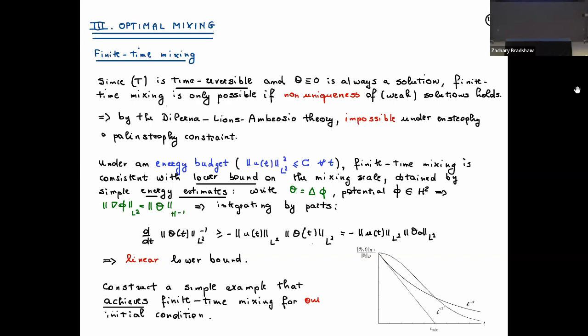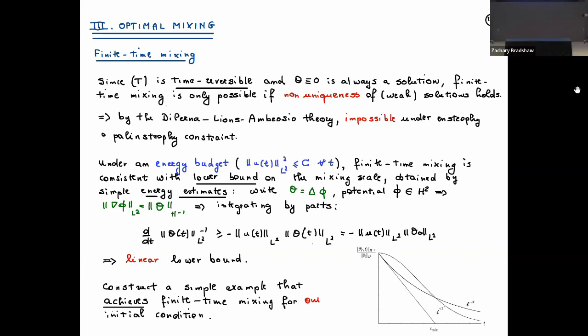Theta is the advective scalar. You write it as the Laplacian of some H2 potential phi, and then the H minus 1 norm is exactly the H1 norm of phi, or the L2 norm of the gradient of phi. So if you integrate by parts,